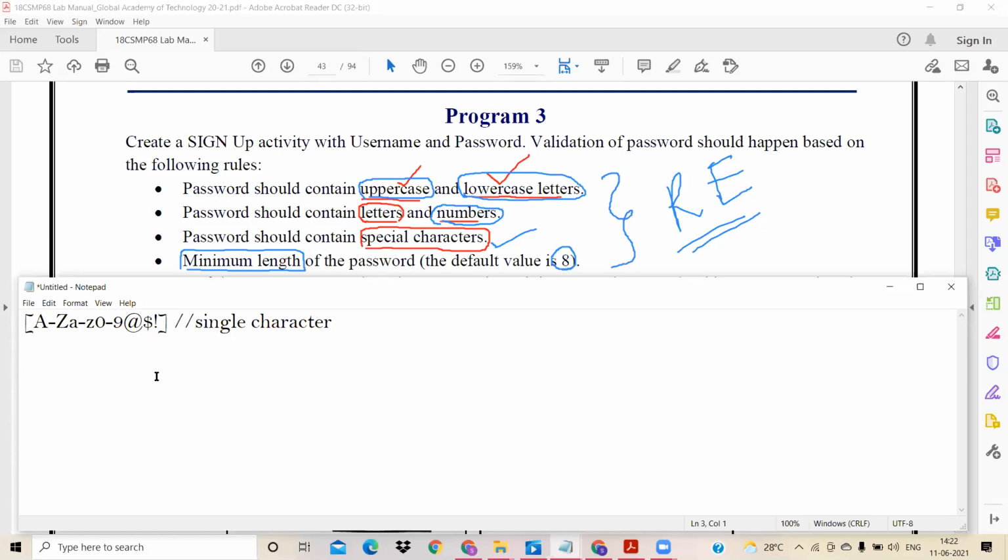Now, listen very carefully. 1, 2, 3. Is it a valid password? I need a response from you. 1, 2, 3 is a valid password? Yes, students? Yes, sir. So with respect to this regular expression, 1, 2, 3 is a valid password. But the most important thing you should observe is, let me erase my drawings.